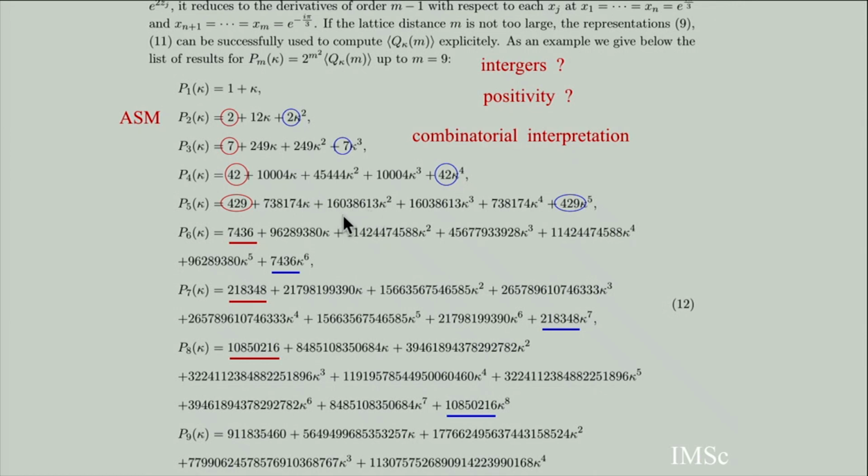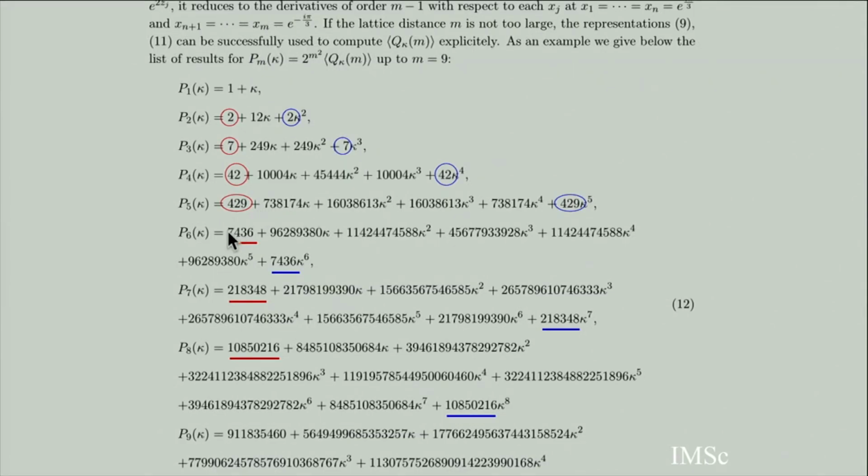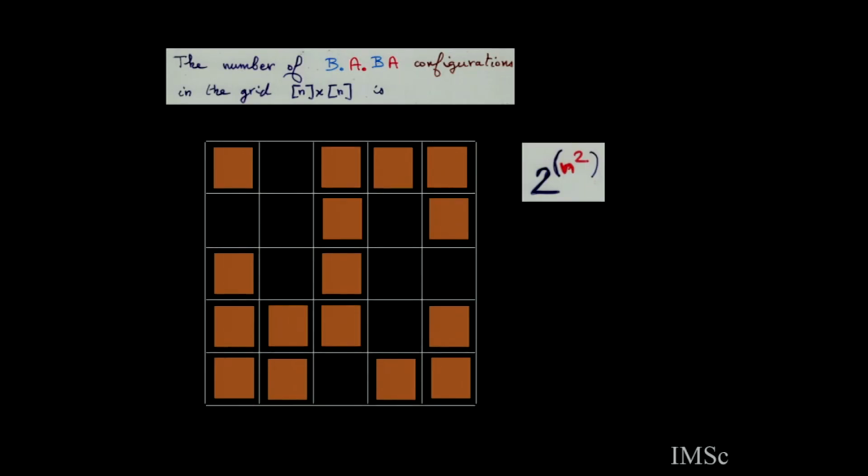But the research problem can be, let's take the trivial configuration. I know there is 2 to the power n squared, and the sum of the coefficients of the polynomial is exactly 2 to the power n squared. So the total coefficient interprets the trivial configurations of the n by n, which is exactly the interpretation of the whole polynomial. And you have to find a parameter on this trivial configuration, but the parameter must be linear, which